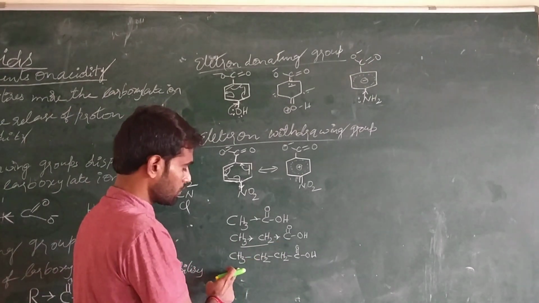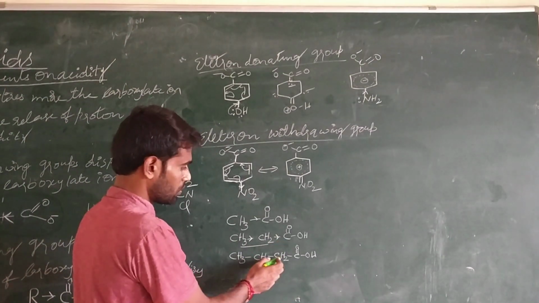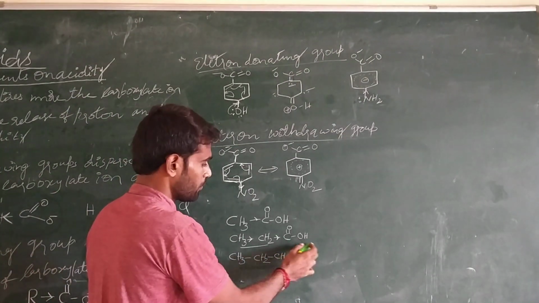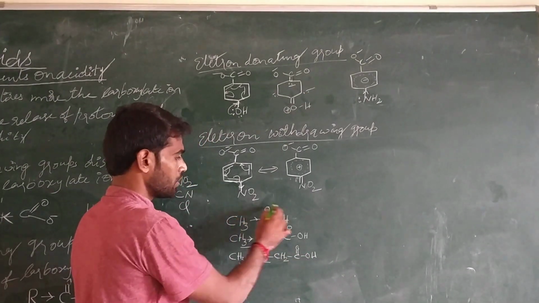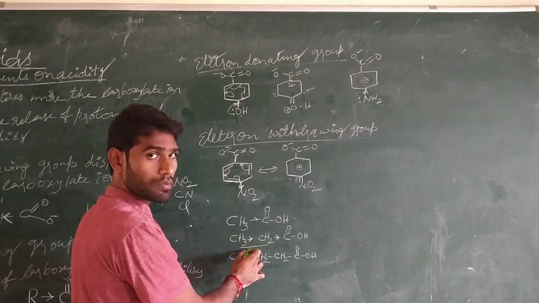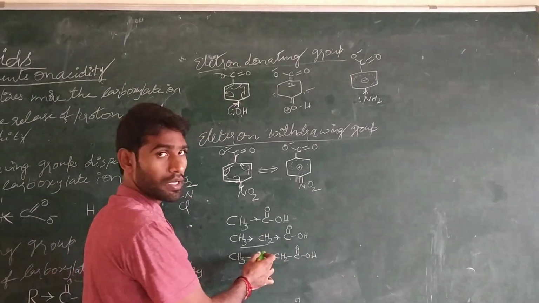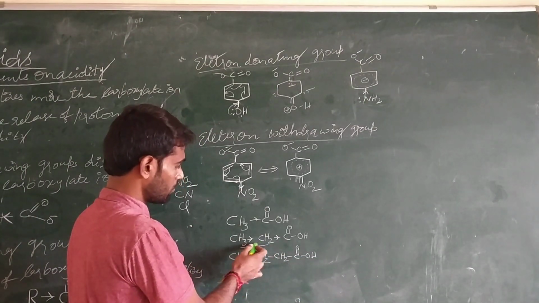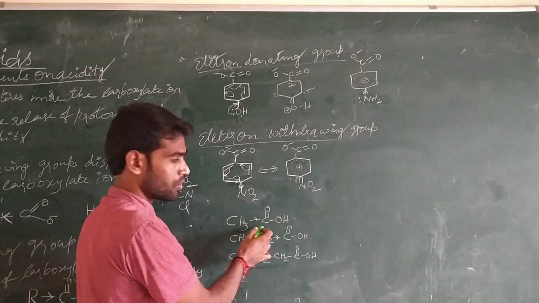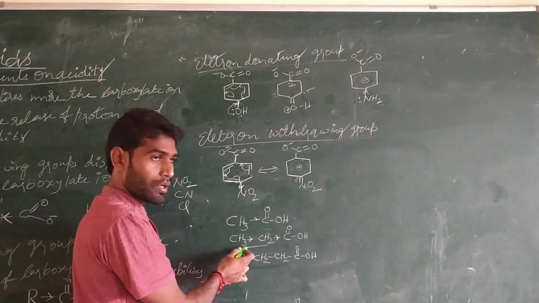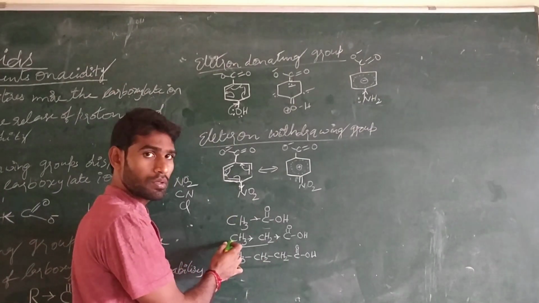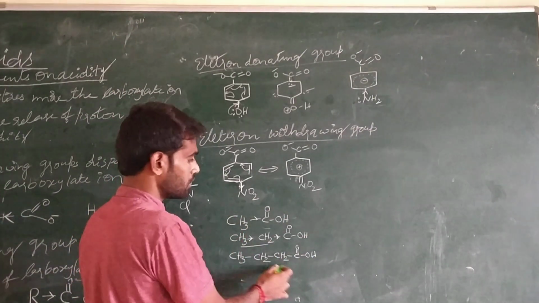the carboxylic acid. And in this case, we have three electron donating groups, 1, 2, 3. Three electron donating groups are donating electrons, and they are intensifying the negative charge on the carboxylate ion, and they are decreasing the acidity. If you are increasing electron donating groups, the acidity of carboxylic acid is decreased. The acidity of this propionic acid is less than the acidity of acetic acid, because here we have two electron donating groups, and here we have three electron donating groups. If you are increasing the electron donating groups, the acid strength is decreased.